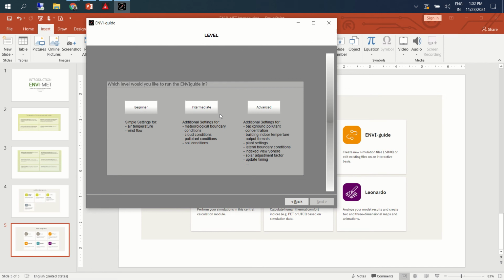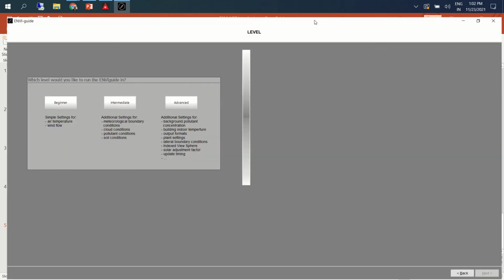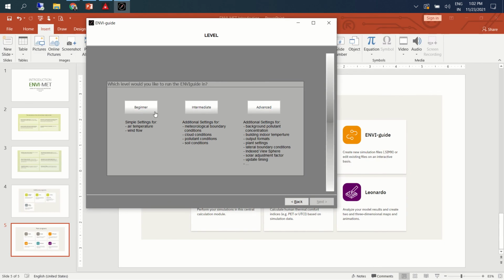This is the important phase, where you will get to see 3 stages. One is for beginners. These two probably may not be there in the free version. So beginner, intermediate, and advanced stage. What are the other things that you have here?